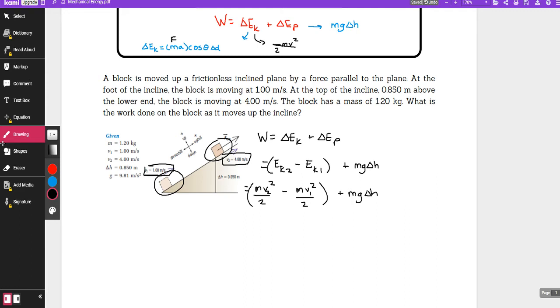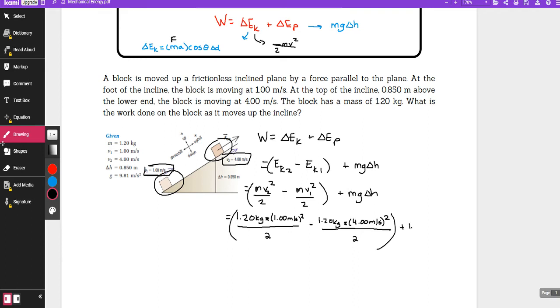Now let's plug in our values. So this tells us the mass, this tells us the velocities. So we're going to go our mass, which is a 1.2 kilo block, multiplied by your velocity squared, so 1 squared, all divided by 2, minus 1.2 kilograms multiplied by 4 squared, close brackets,